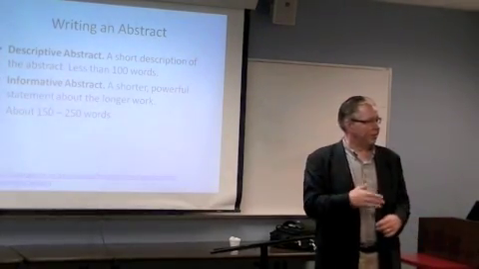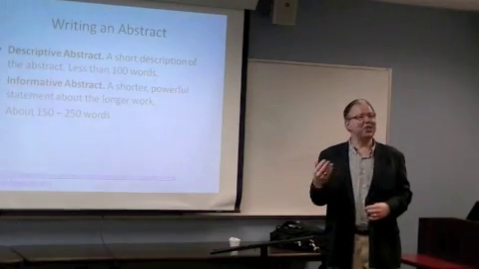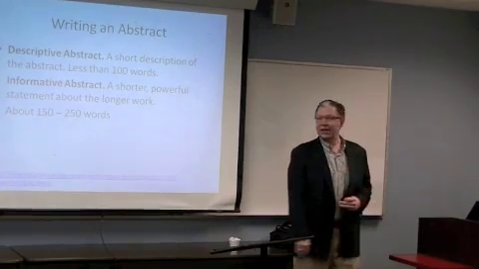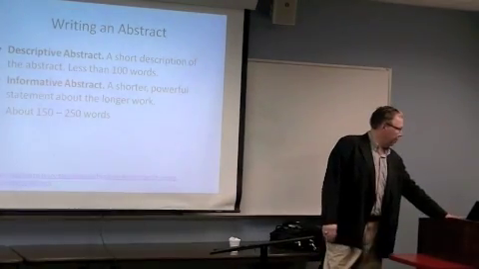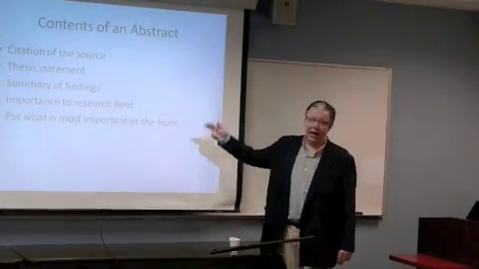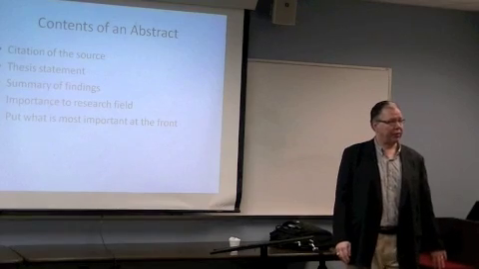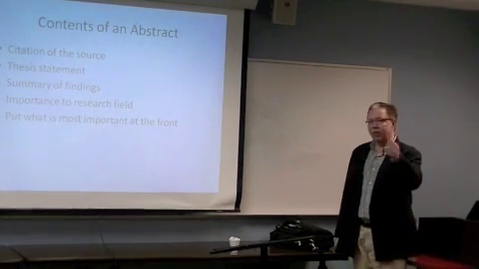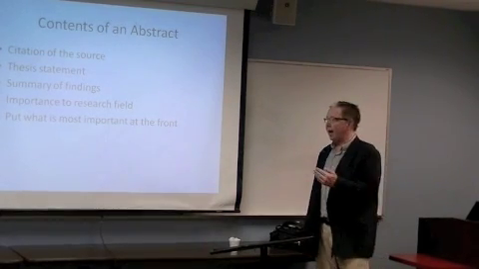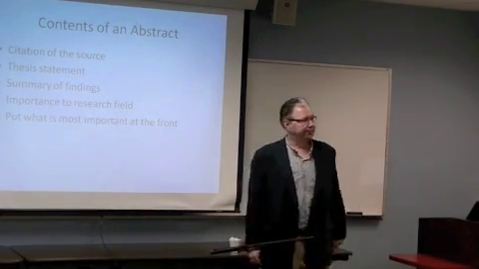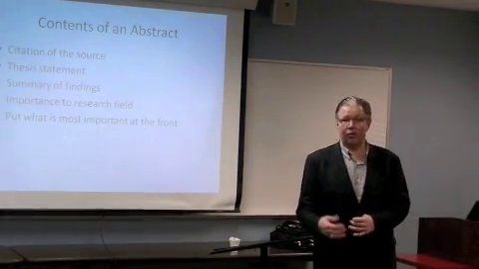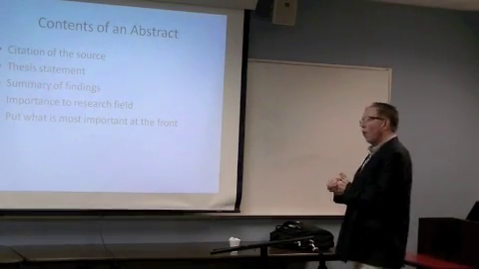Okay, right. This is apparently a continuing thing we need to work on and to get better and better at abstracts. But this is core to your first step. What is it? Citation of the source. It then has a thesis statement. What's your main point you want to make? What is a brief summary of your findings that you come out of this with? Why is this important? Why do we need to know this? Does this actually add anything to our field or not? And finally, is this interesting?